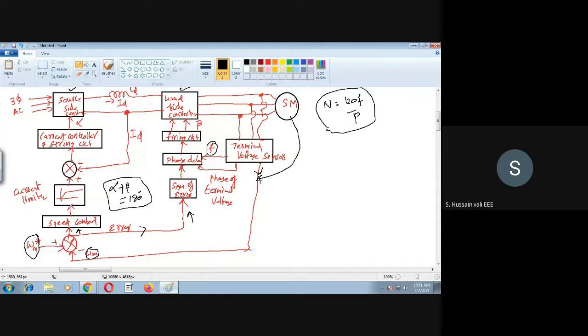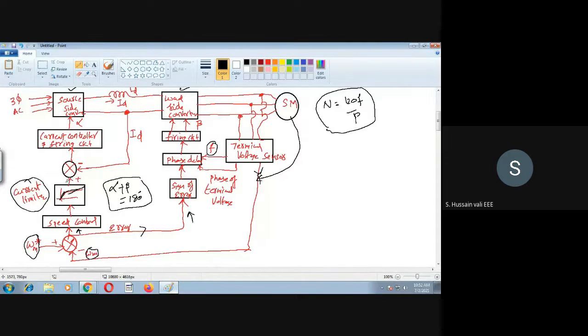Then based upon that speed controller, you will have another current limiter, because you need to limit the current here. How do you limit the current here? Once again, you take this V by F control. By following the V by F control, you decide what is the maximum current it allows. So based upon that, you have this current limiter. Based upon the error, the speed controller will give a signal. Based upon that signal, you need to control the current here. Otherwise, it draws a lot of current, and that problem is there.